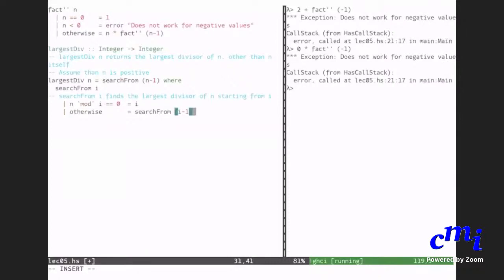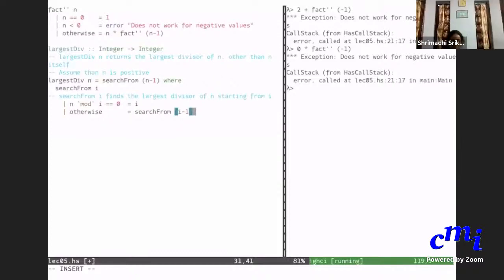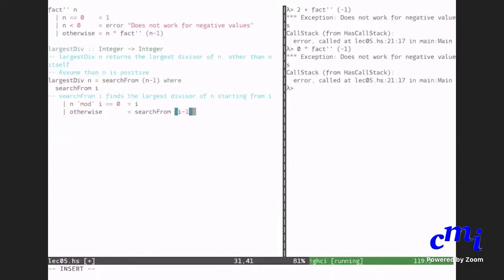Srimati, is it clear to you? I'm just asking. I'm just naming people whose names I can see. Sorry to single some of you out. Okay. Good. So search from n. Is the logic clear? So you do this, and that's it. Of course, there are better ways to do it, and I'll ask one of you to state the better way to do this.